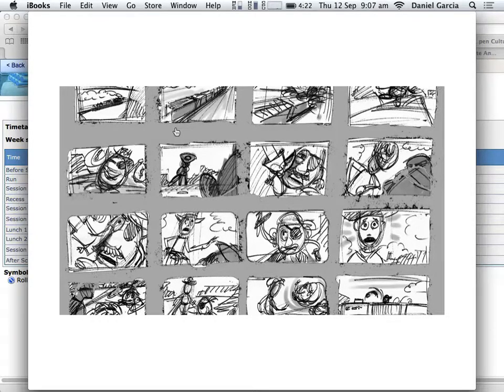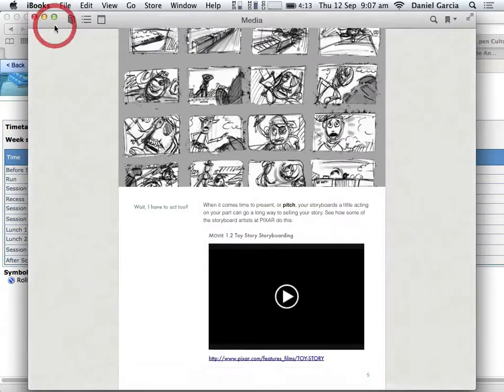You guys have been doing this for a couple of weeks, so I'm not expecting super detailed stuff, but what I am expecting is that I will be able to follow it. I'll be able to know which stick figure represents what and what that stick figure is doing. You don't have to draw super detailed stuff as long as I can understand what's going on. These aren't super detailed, it's just like a circle, but at least I know what they're doing. I can see their expressions, I can see where they are on the screen. That's the kind of stuff that I am looking for.